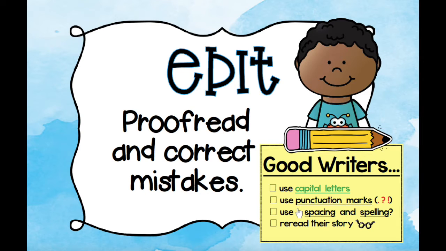So, in the editing stage, your job is to do what's called proofreading and to correct any mistakes you find in your work. When you proofread, this means you're looking for any type of error, things that don't make sense, which you should have mostly caught during the revision stage, but sometimes you find some more errors while you're proofreading, which is totally okay because, like I said, we're constantly going back and forth between the stages, especially the drafting,